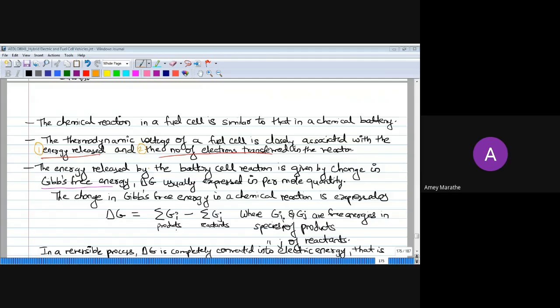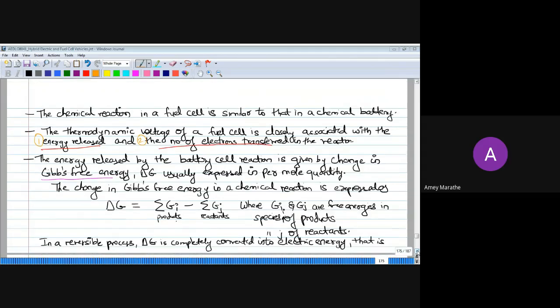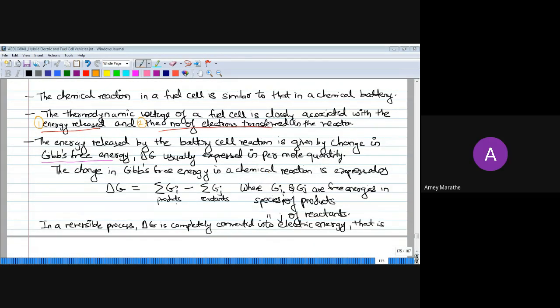The energy released by the battery cell or a fuel cell in the reaction is given by the change in the Gibbs free energy. It is usually expressed per mole, and the change in the Gibbs free energy in a chemical reaction is